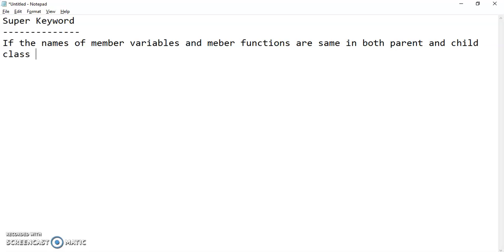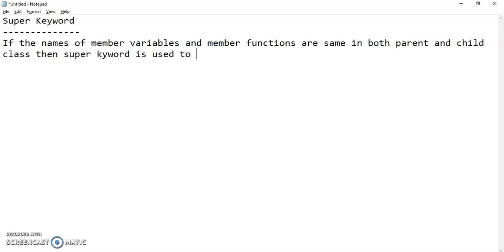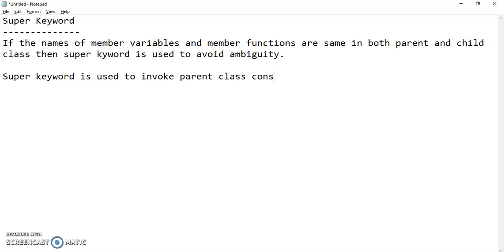If the names of member variables and member functions are the same in both parent and child class, then the super keyword is used to avoid ambiguity. Second point, the super keyword is used to invoke the parent class constructor.